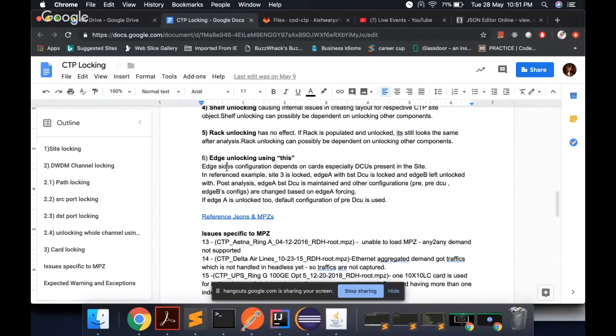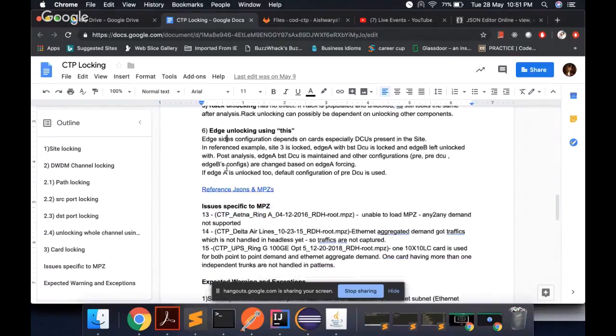And the last piece of locking is edge locking. It looks similar to forcing actually. We can force a particular DCU to be